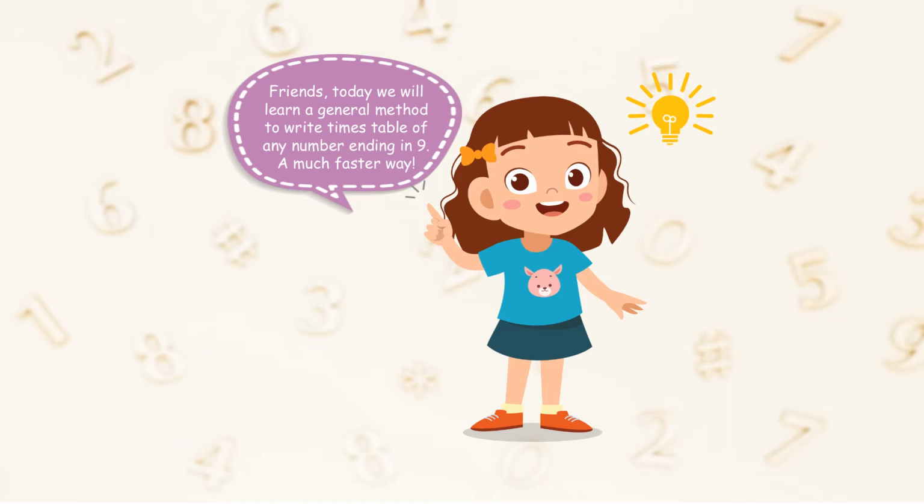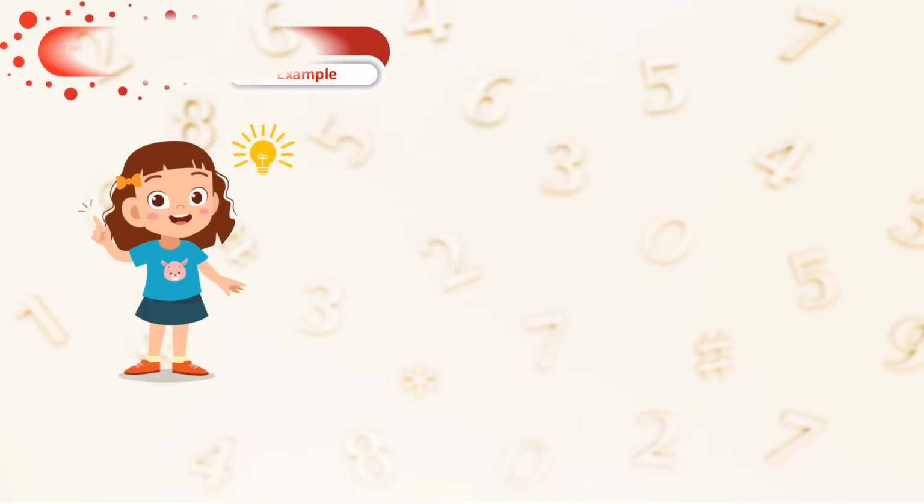Chiku will be explaining this episode to us today. As an example, let's see how to write the times table of the number 39. So if you look at the number 39, it's a number ending in 9. The 10th digit of the number is 3. So keep that in mind. That will be useful for you as you go through this technique.